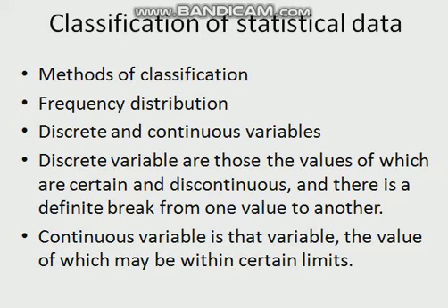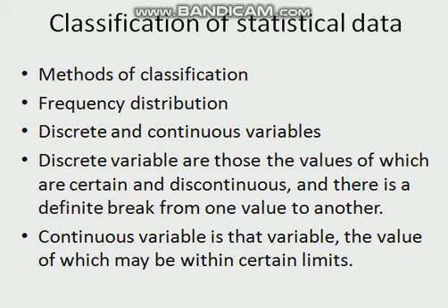There are two methods of classifying data according to class intervals. First is the exclusive method, another is the inclusive method. Under the exclusive method, the limits of different classes are overlapping. This method is called exclusive because the items of upper limit values are not included in that group but included in the next group. If the height of a student is 155 centimeters, it will be included in the 155 to 160 group and not in the 150 to 155 class group.